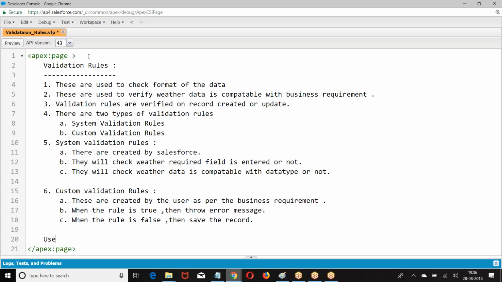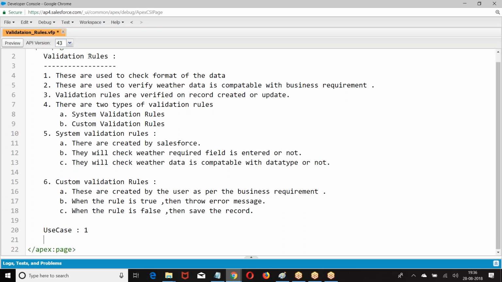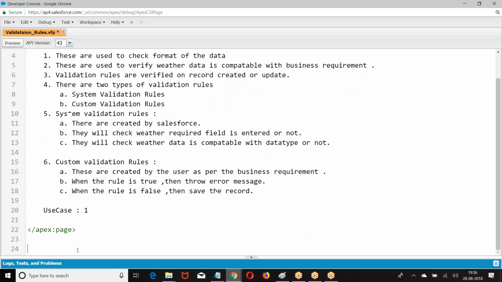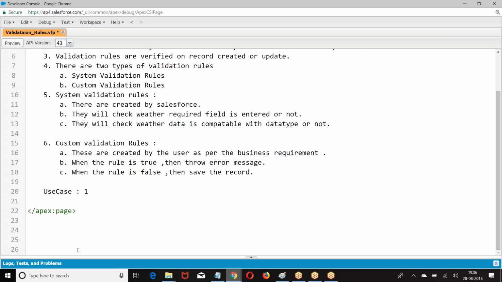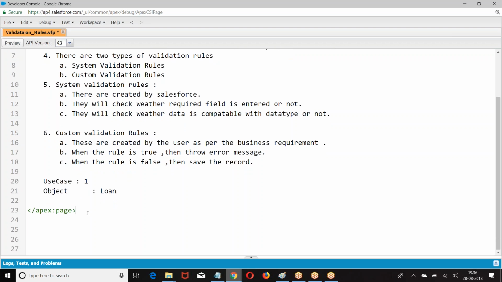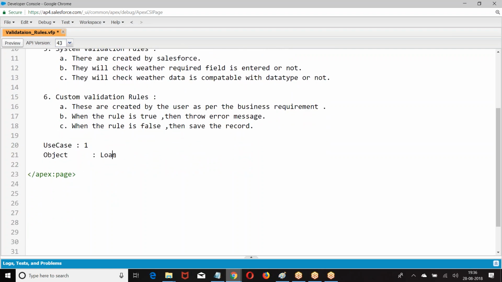I'll take an example. Use case 1. Object, field, rule.